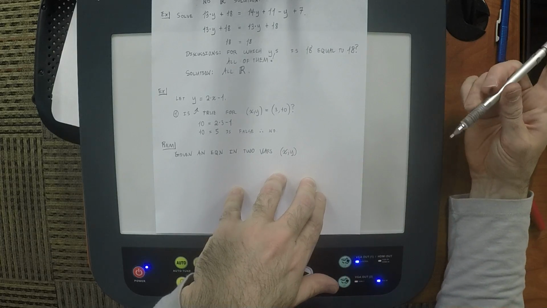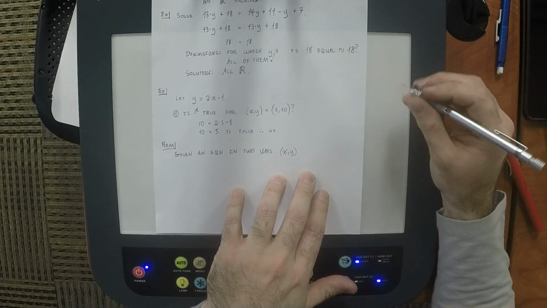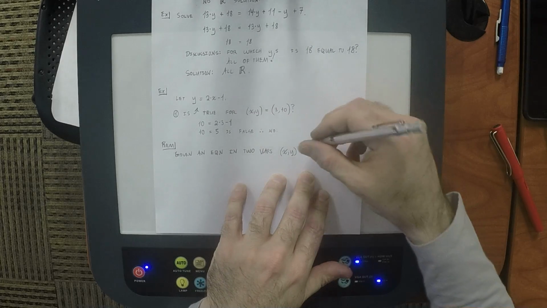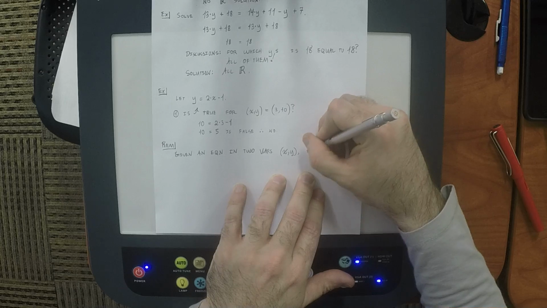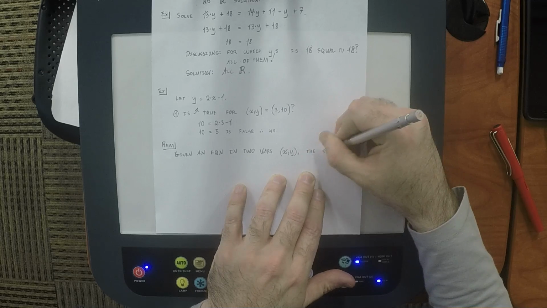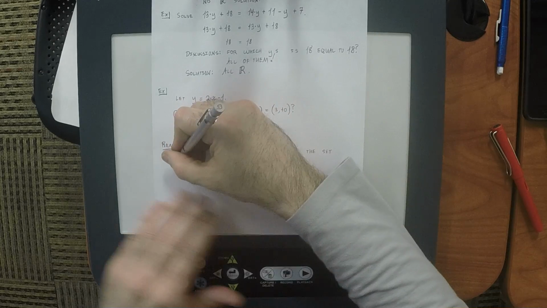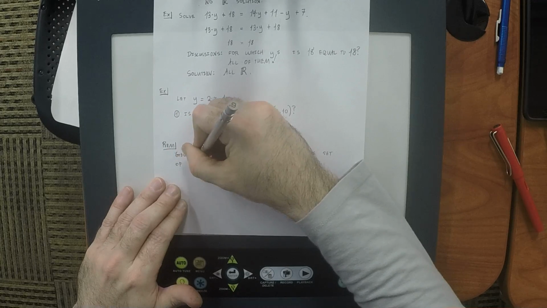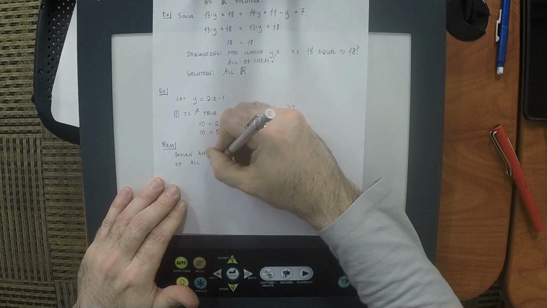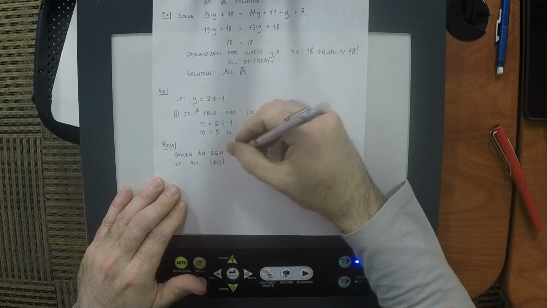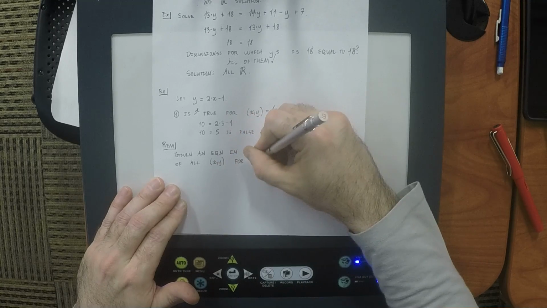It could be variables a and b, p and q, whatever. Given an equation in two variables, the set of all x, y for which the equation is true